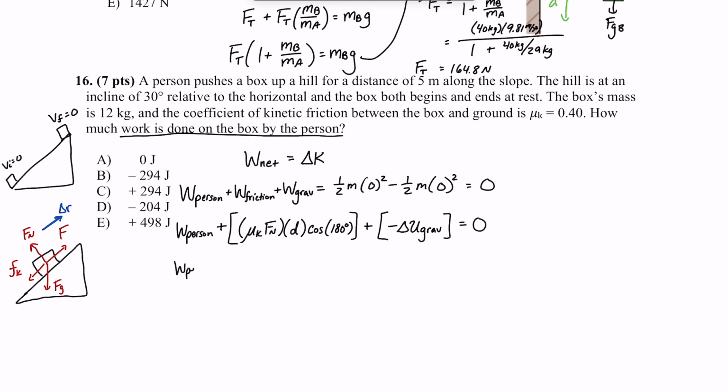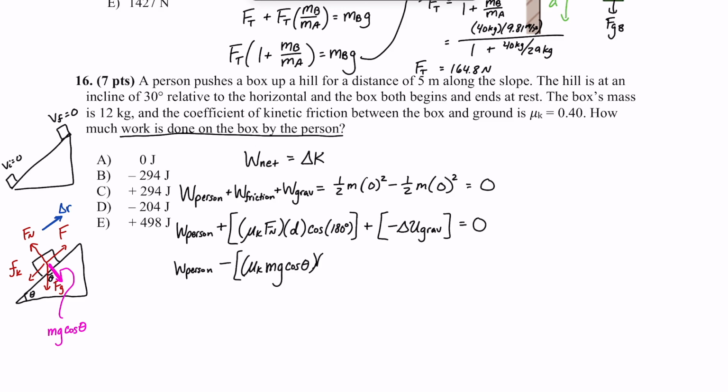So continuing on, we have work person minus mu k times the normal force on the box. The normal force on the box is equal to this component of gravity, which I'm drawing in pink. And remembering that if this is theta, this is theta, this pink component of gravity that I've drawn is going to be equal to mg cosine of theta. So we have back to our equation over here, mu k times mg cosine theta